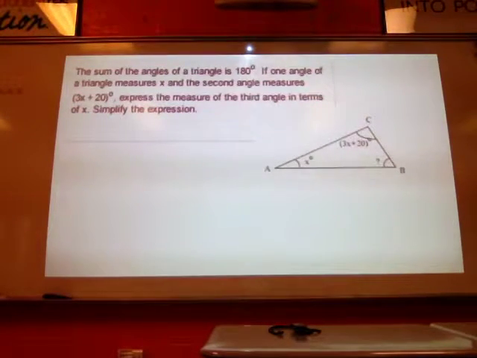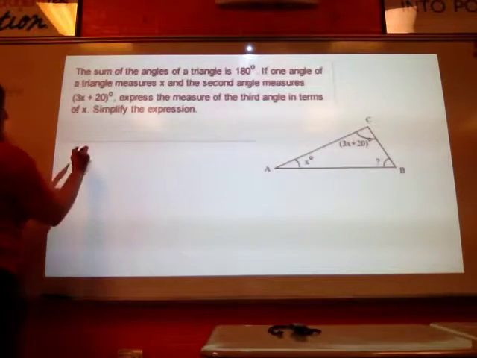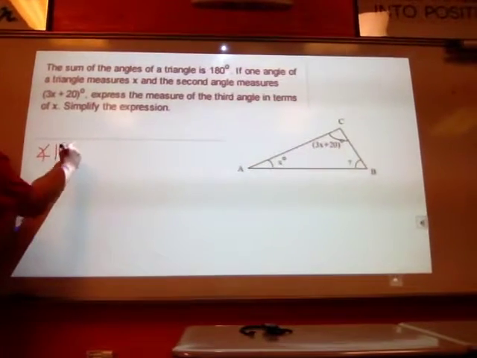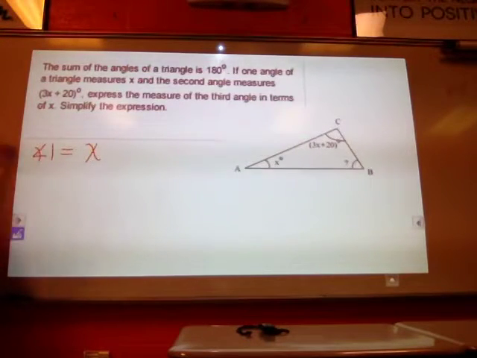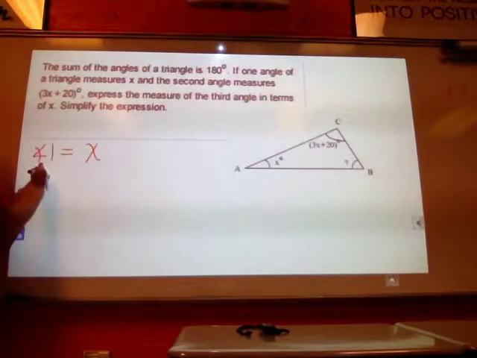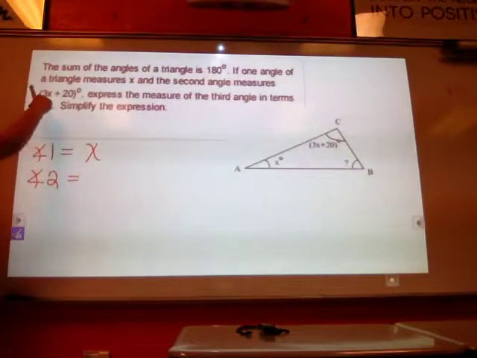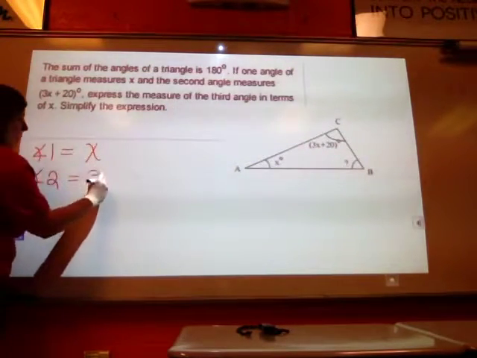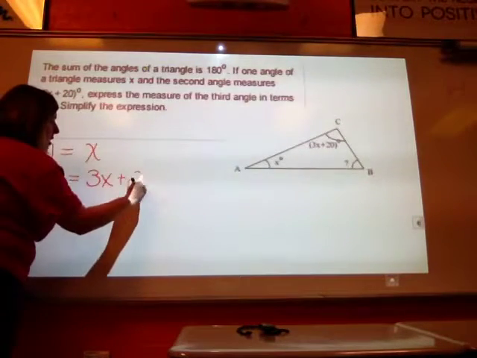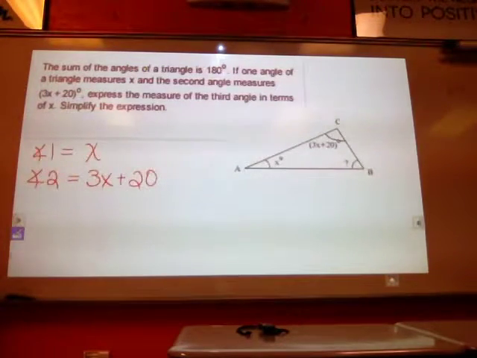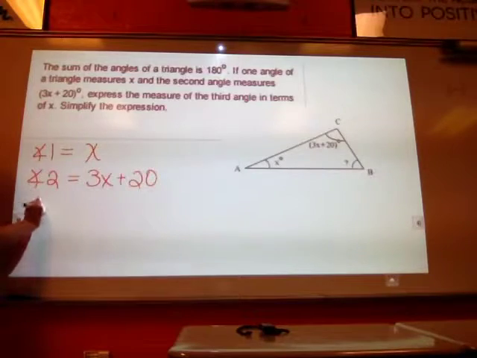If one angle of the triangle measures x, so here we go. Angle 1 measures x. The second angle, so angle 2, measures 3x plus 20. So far, this is very difficult. Express the measure of the third angle in terms of x. Well, so angle 3,